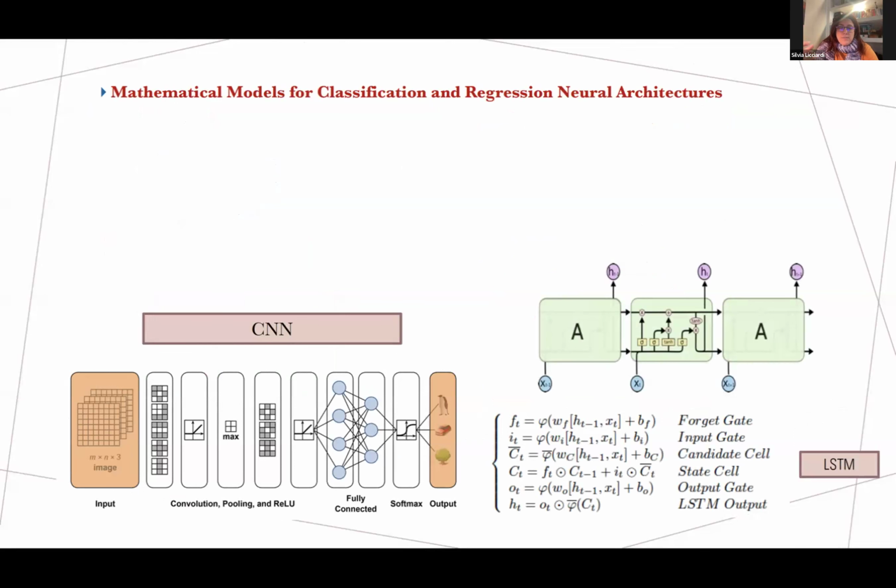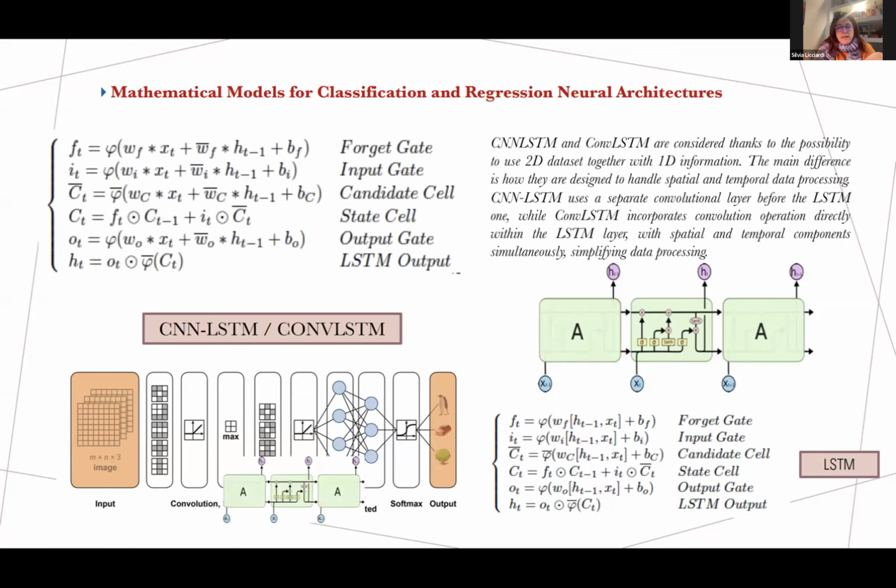Long short-term memory, from a mathematical point of view, is built like you see, with an input gate, and so on, in which every gate, every cell, has the characteristic to, for example, fix, delete or move some information according to what we want. And this kind of mathematical architecture can be included inside the convolutional.